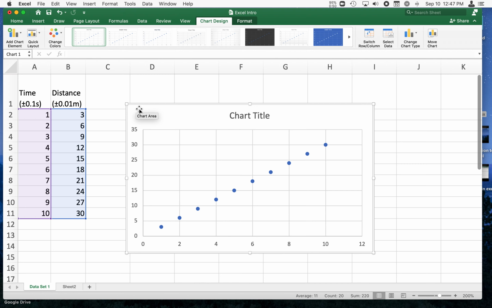Okay? Now, one thing that I think is a good habit to get into is to make sure that your data that are on the y-axis correspond with the values on the y-axis, and your data on the x-axis corresponds with the data on the x-axis. Looks pretty good. Okay? So now we need to start adding things. And the first thing that you'll notice is that I have a chart title. That's called Chart Title. All I have to do is double click that, and I can do y versus x,